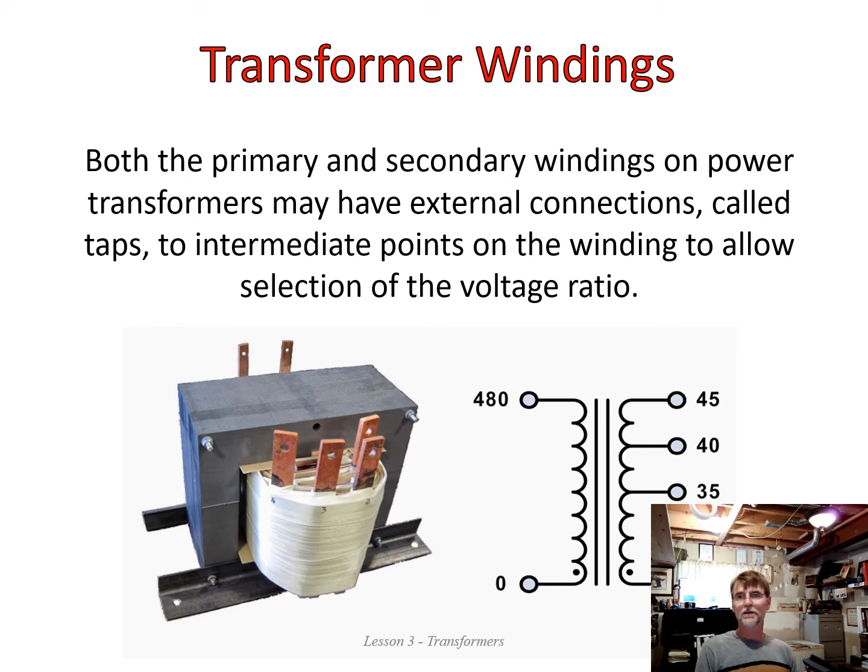Both the primary and the secondary windings on power transformers must have external connections. They are called taps. They may have multiple external connections, which we call taps. These are connected to intermediate points on the winding to allow for a selection of various voltage ratios. Okay, so we can see here,